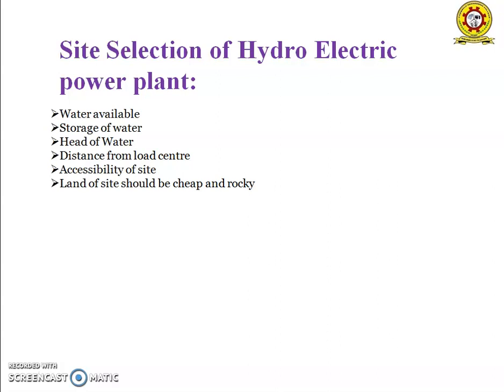After the location has been chosen, the exact positions of the various structures are fixed by considering the following: details of the foundation conditions, requirements of the head, flow demands of storage capacity, arrangements and types of the following: dams, conduits, powerhouses, intake system, surge tank; cost of the dam and the project, transport facilities and accessibility of the site. So, these are the factors to be considered for the selection of a hydroelectric power plant.